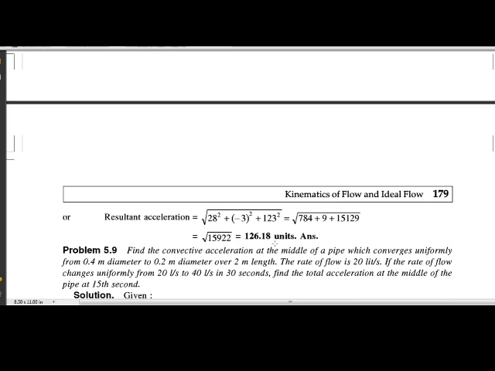So here we get the values of the resultant acceleration and also the resultant velocity. Up to here we have studied what is meant by the velocity and acceleration of a flowing fluid, then convective velocity, convective acceleration and also the local acceleration. They have solved the problems on these concepts. Okay, thank you.